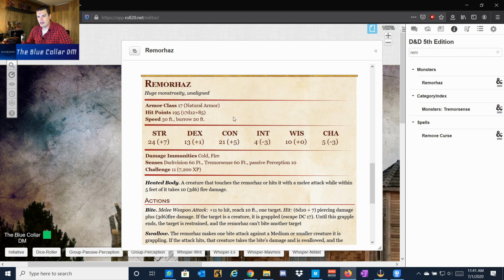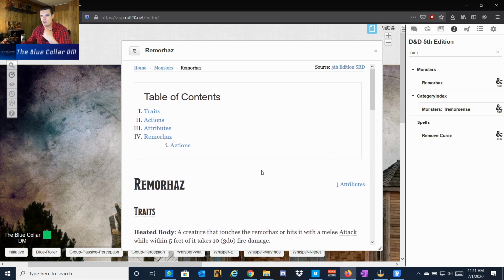So I like to add weaknesses to my monsters just so that the player characters try some different things. Maybe the Remoraz is going to be weak to lightning damage, and that's some way that they can actually take advantage of it, especially if your player characters have specific spells that they like to use a lot. Like say if you have a character that likes to use Frostbite, or if they have Ray of Frost, for